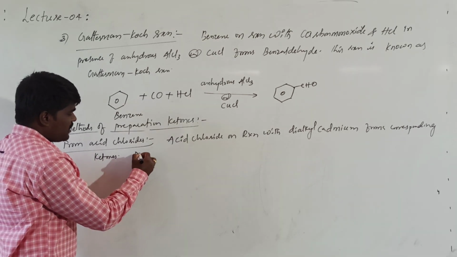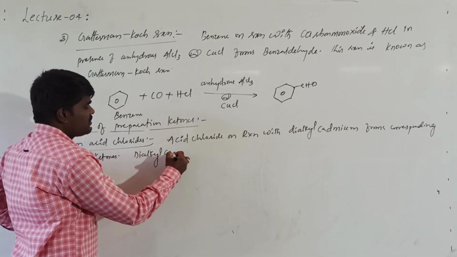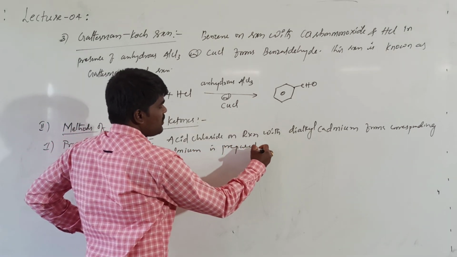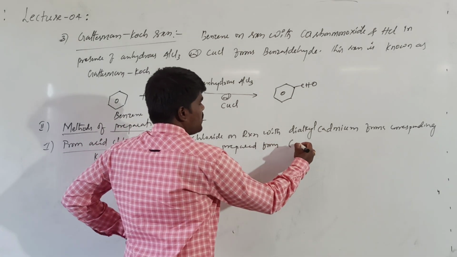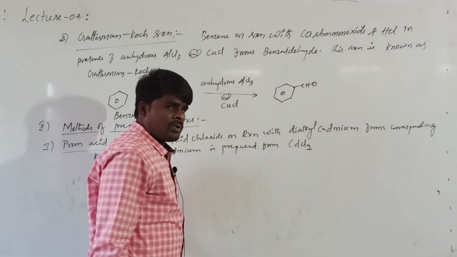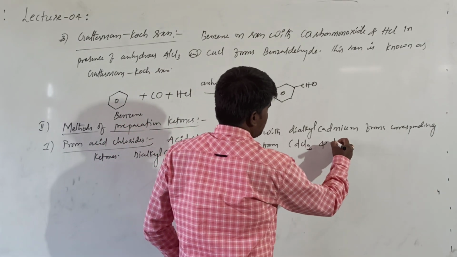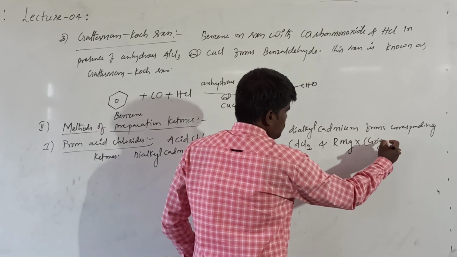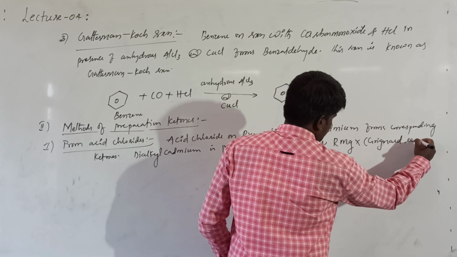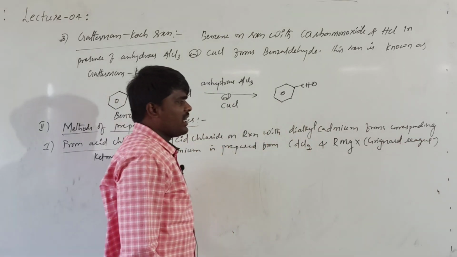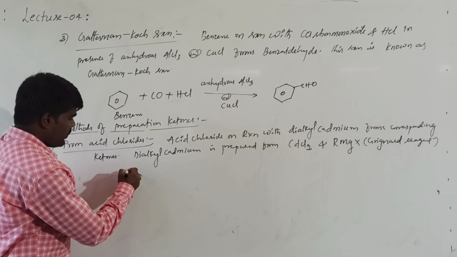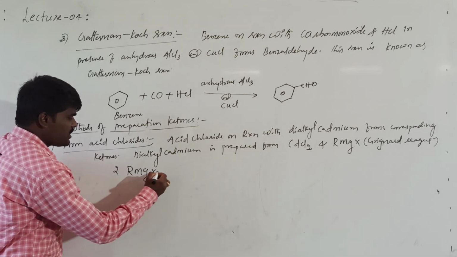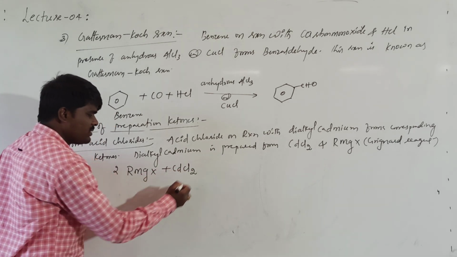Okay, this dialkyl cadmium is prepared, it is basically prepared from cadmium chloride and Grignard reagent. What is this? This we call Grignard reagent, that is alkyl magnesium halide. See, actually what happens here, when 2 moles of Grignard reagent is treated with cadmium chloride, this